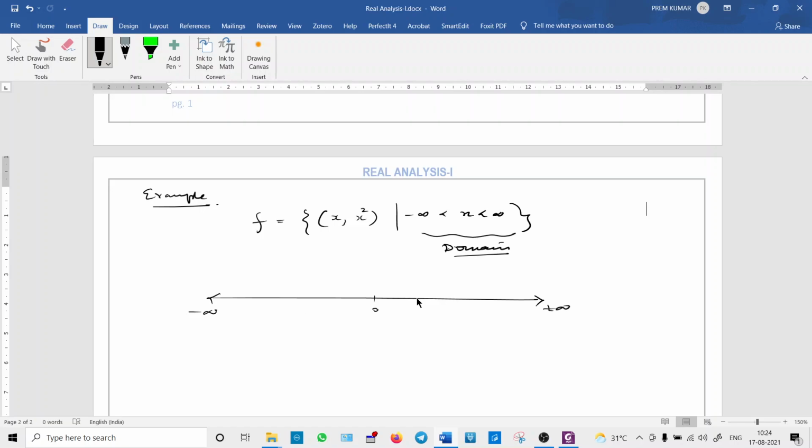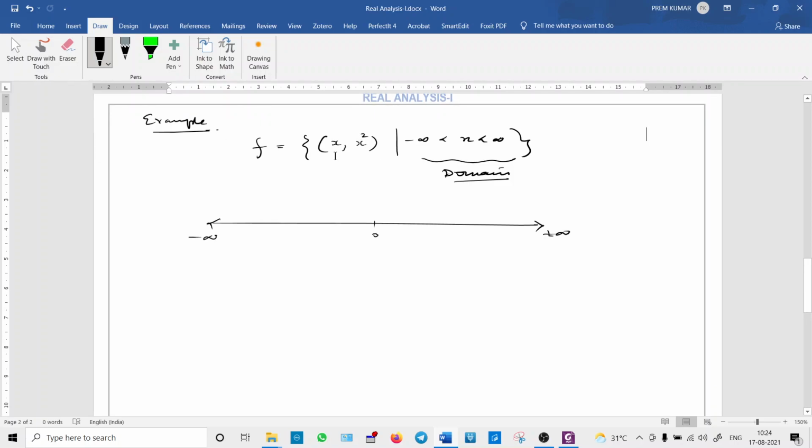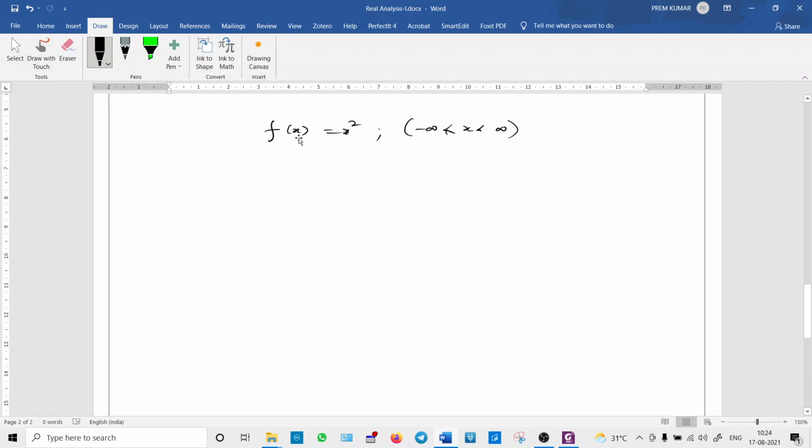And how is this function moving? x is mapped to x square. The first element you should take from the domain, and the second you have to put in the range. Okay, so simply we can write this function as f of x equals x square. This is the most famous notation. How is it mapping? If x is mapped to x square,